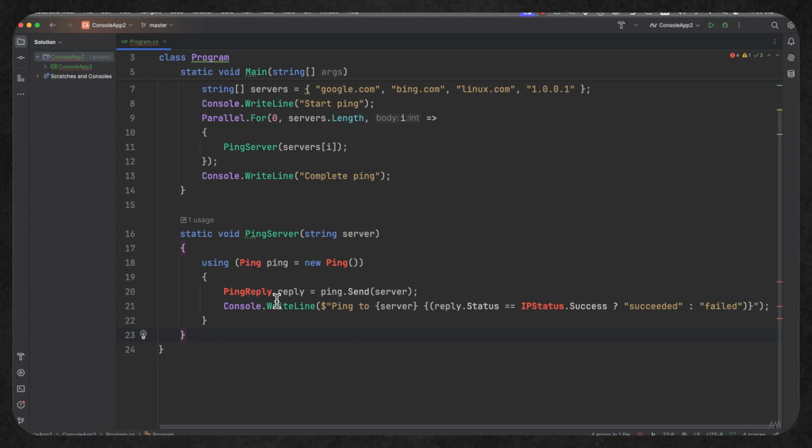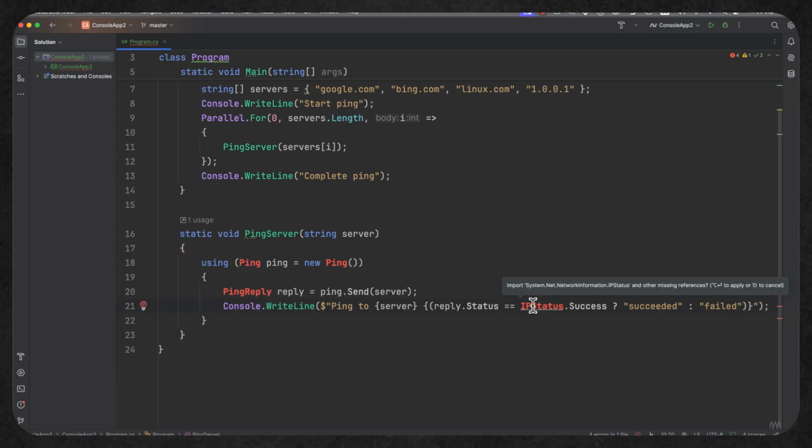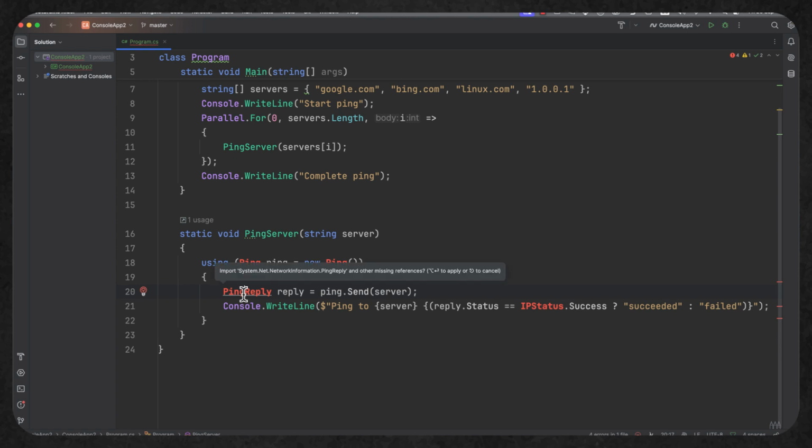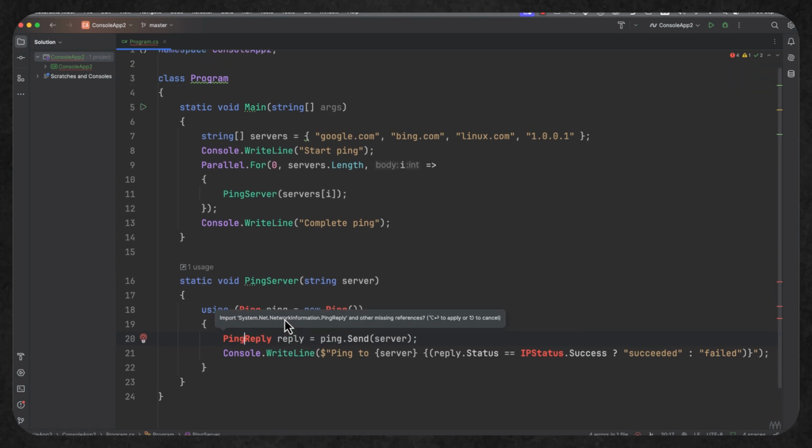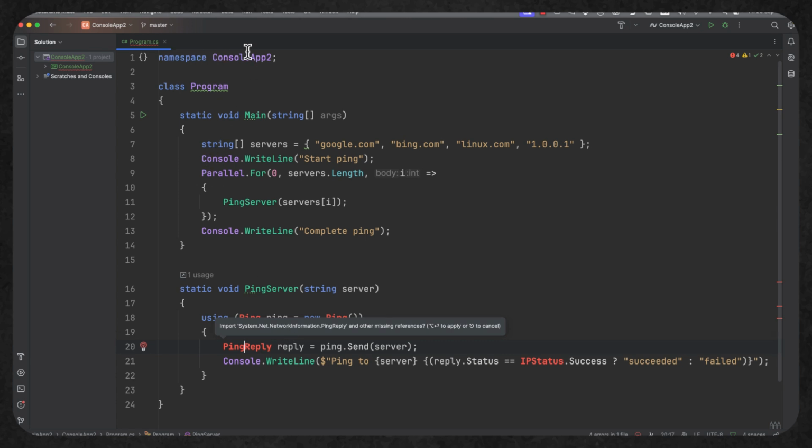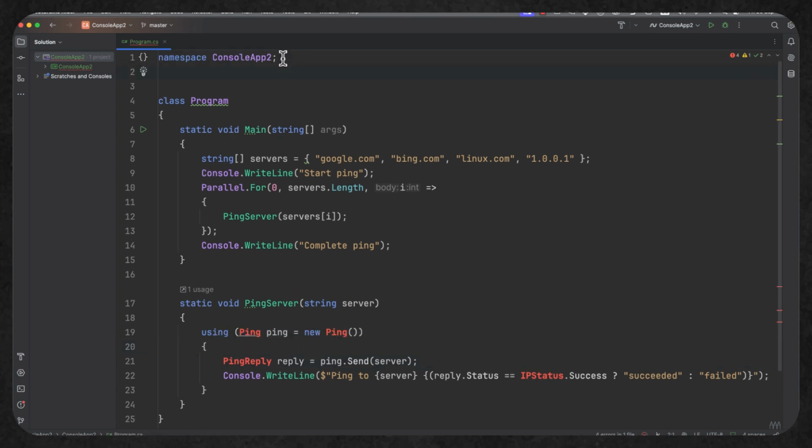But we can move our mouse over and we should be able to get some help. It's telling me that I need the system network information to be able to get my IP status or my ping reply or my ping class. So let me move up to the top and I can put in the necessary using statement.